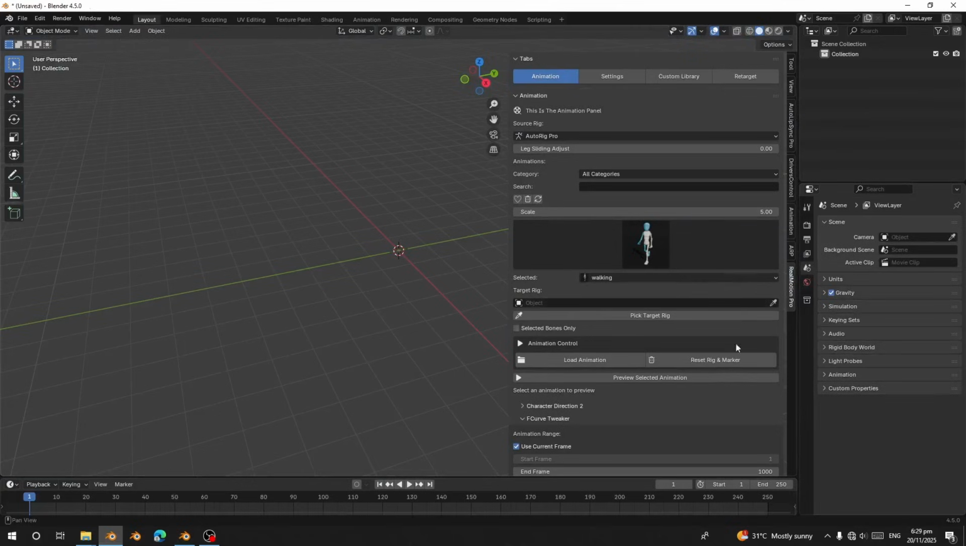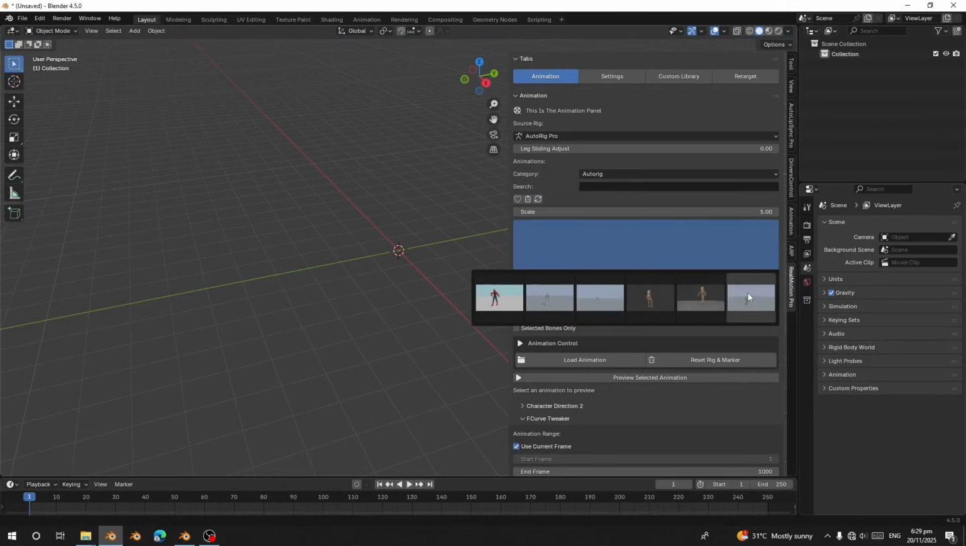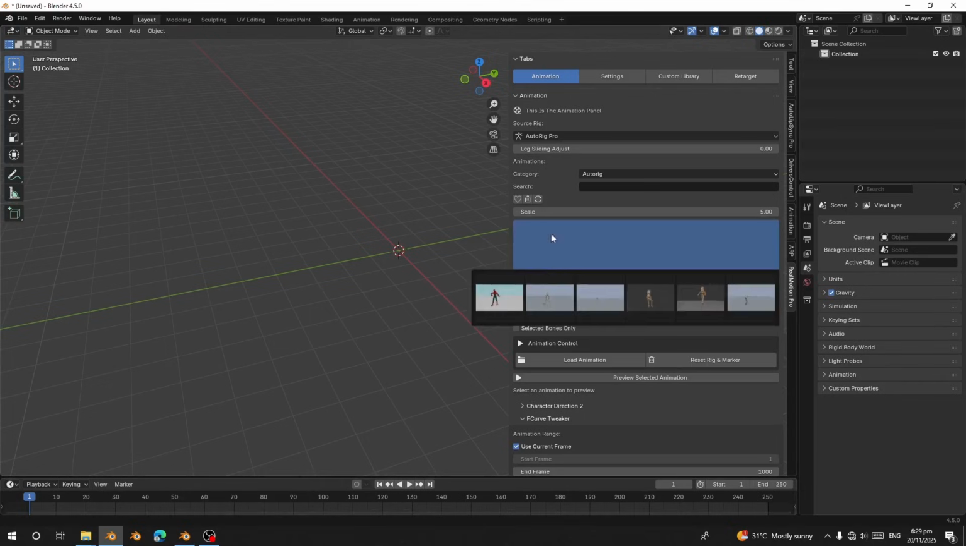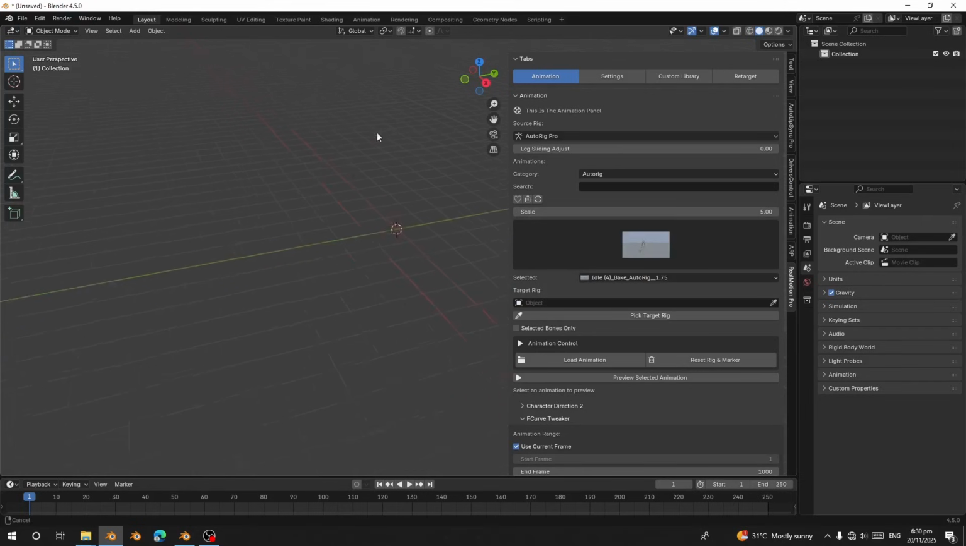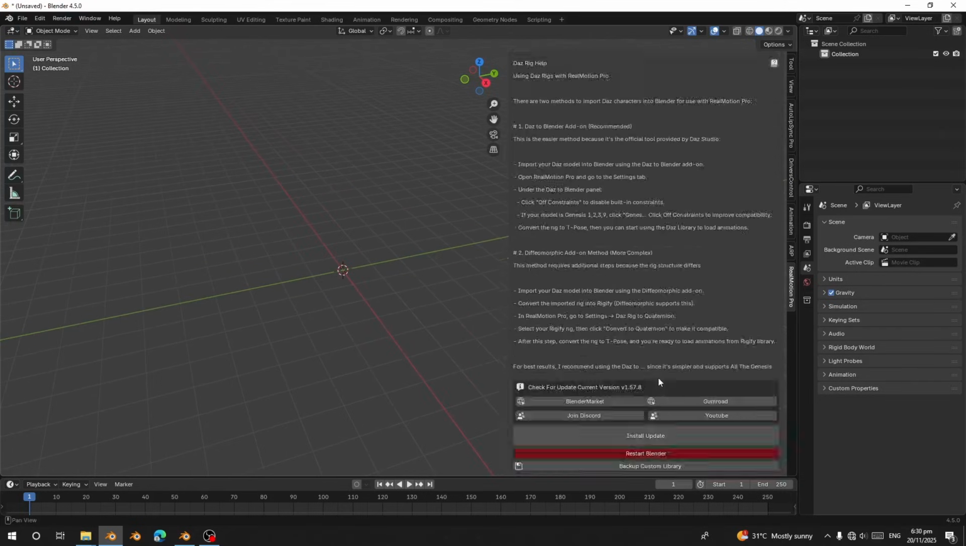So let me go to my Blender 4.5, and here when I go to auto-rig, I have these custom libraries. I saved them by myself. If I want to switch to another Blender version, I can just export this custom library and install it in this Blender version. So that is what I'm going to show you how to do. So now let's start. Let's go to settings and go down to update and help, and here just